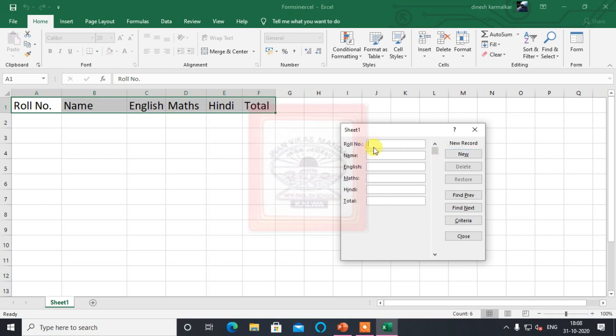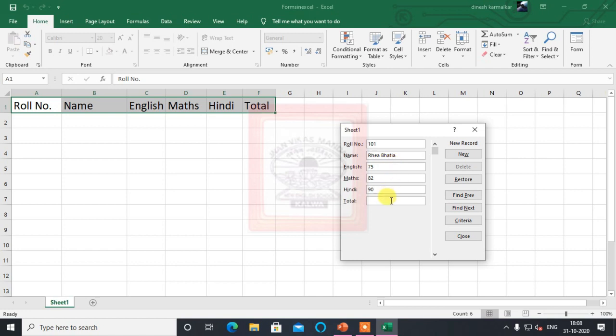Here, in this new record, I will add the first record, that is 101. Then Riya Bhatia, second year. English marks are given here: 75, 82 and 90.